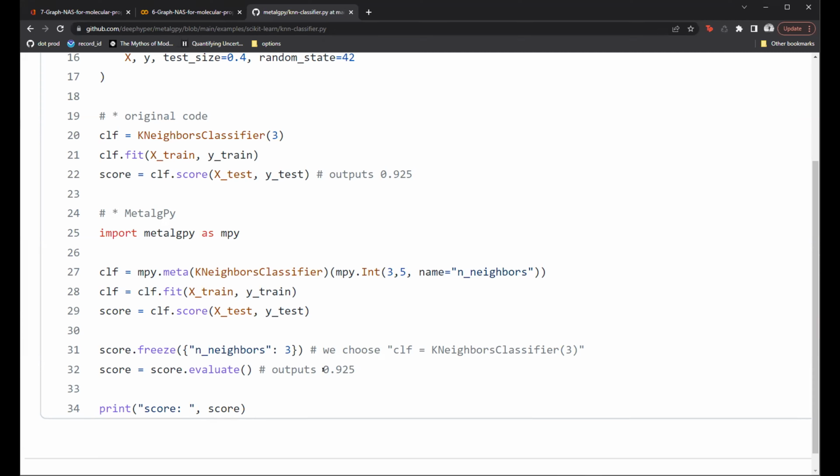Next line, CLF.score, again, score is a symbol, okay? Now we continue. We do score freeze and neighbors 3. Now we fix the value of the variable for the symbol score and neighbors to 3. Now that we have this fix, we can do score evaluate.